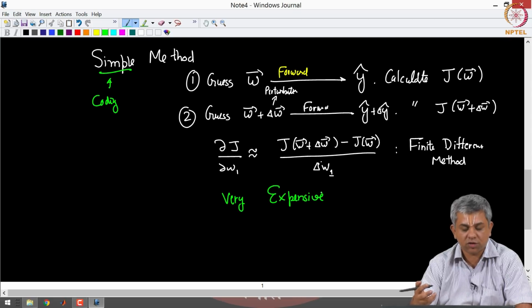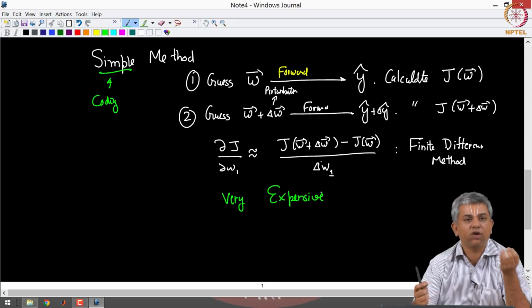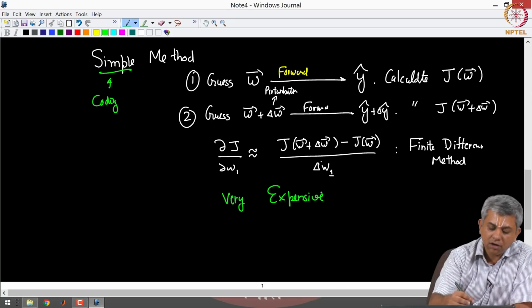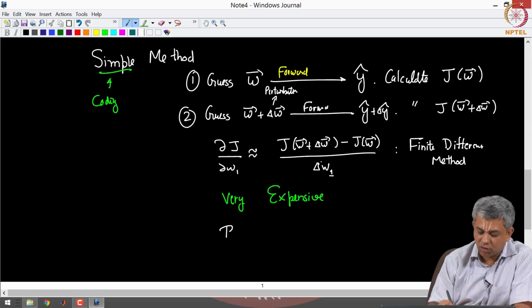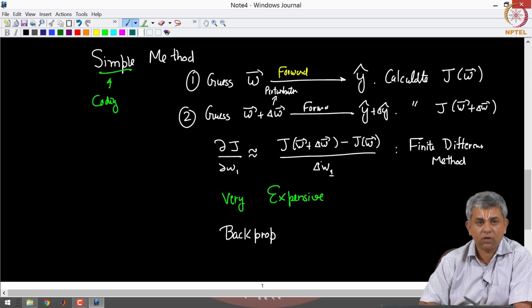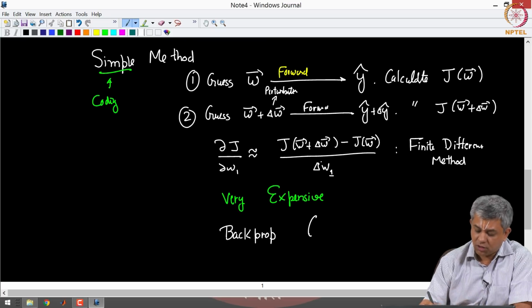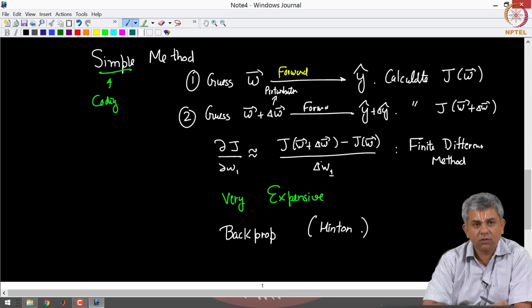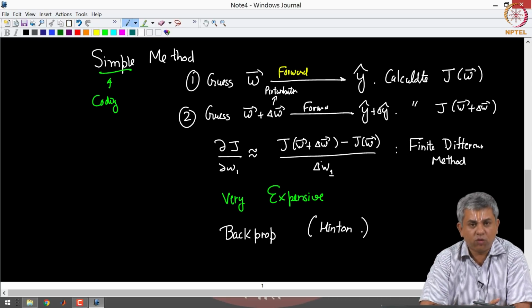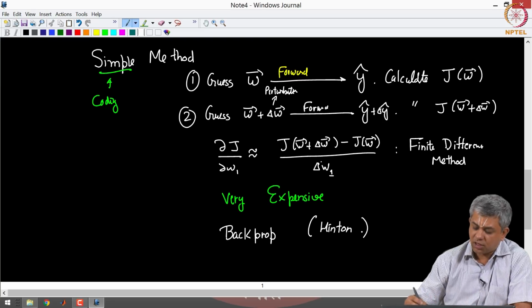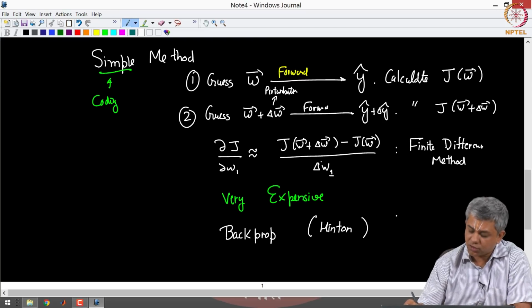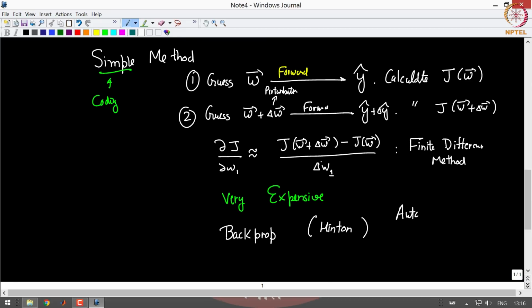Until the 60s, 70s also, there was no easy way to do this, which is why a lot of people did not do large networks till came the algorithm for backprop, called the backpropagation algorithm. So, sort of the founding father of neural networks, Hinton, was one of the people who wrote a classic paper on backpropagation. This is an application to neural networks of what is called automatic differentiation.